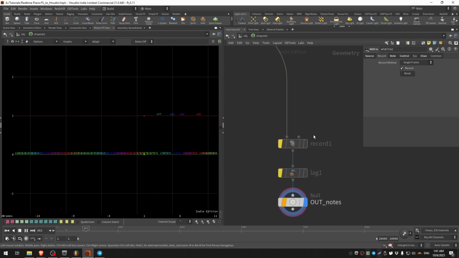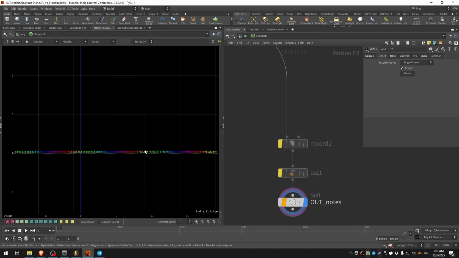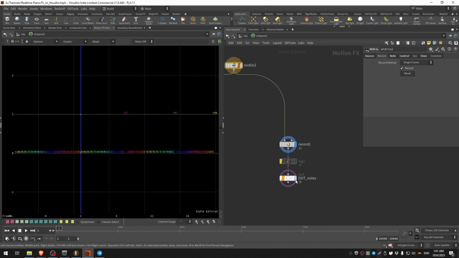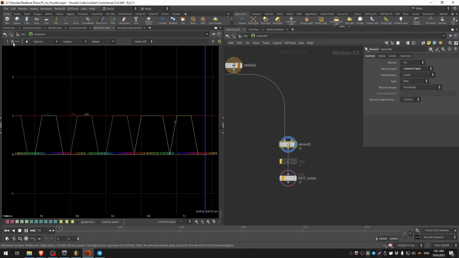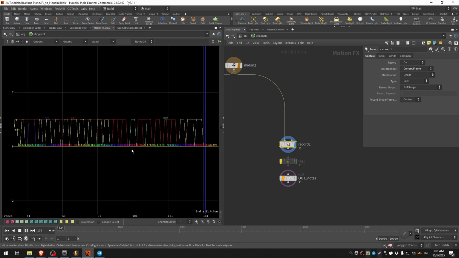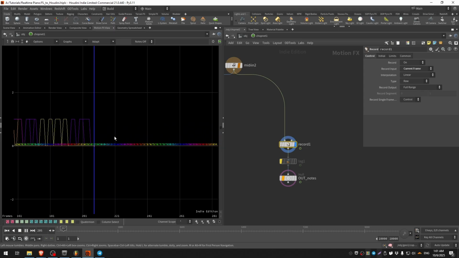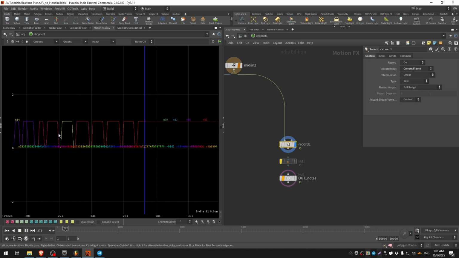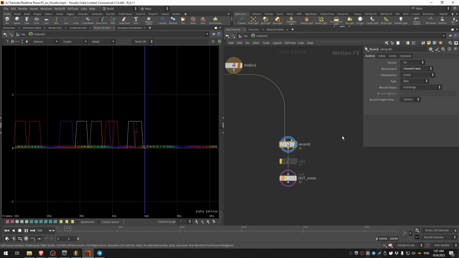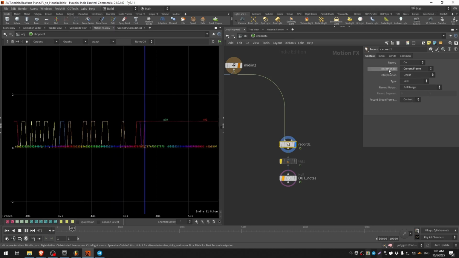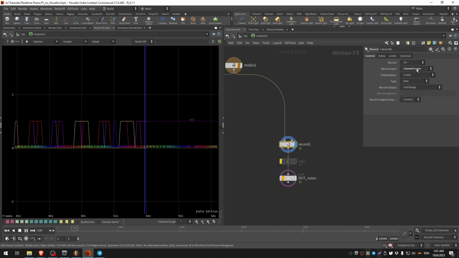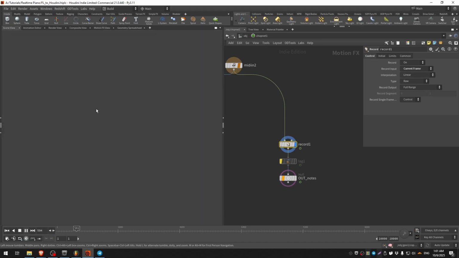And here comes the record node. We will record everything that is being pressed. So for now, if I play, you'll see that every key is being recorded. It's simple to set up, just set record input to the current frame. And now if I open the scene view,